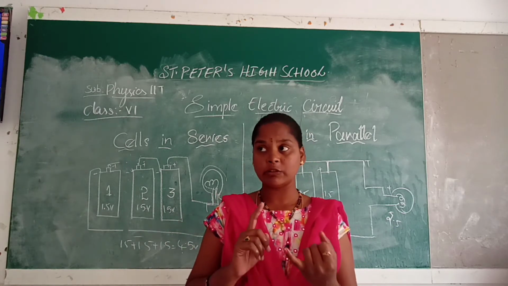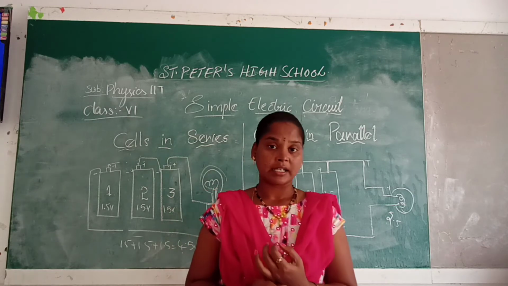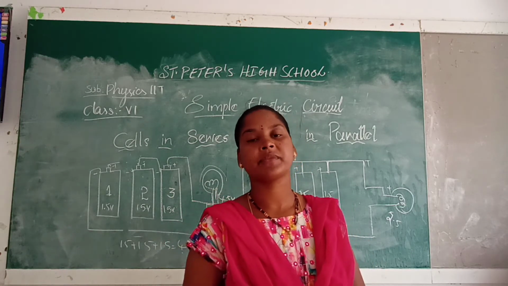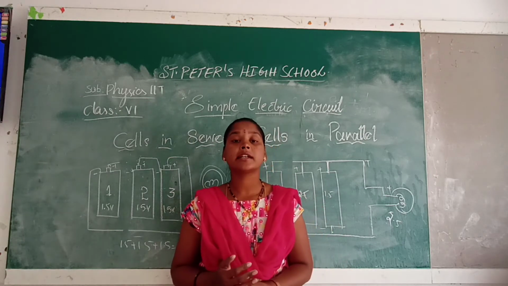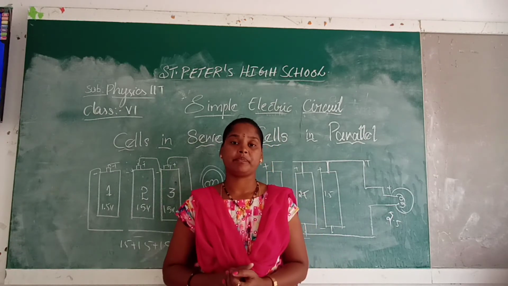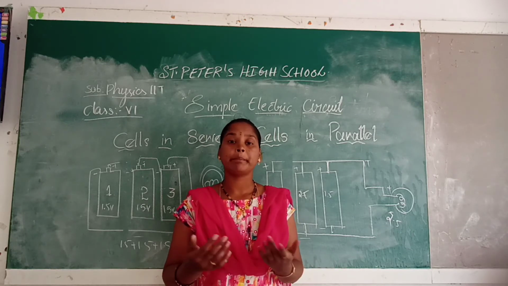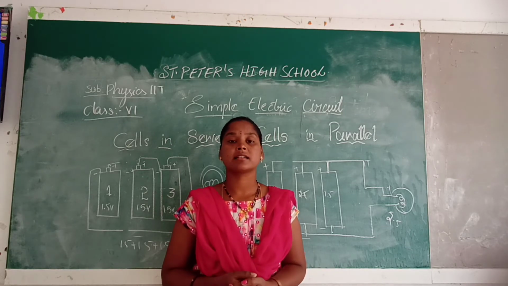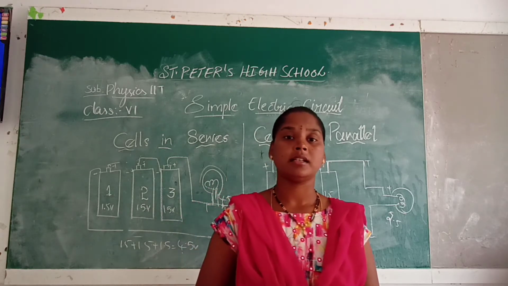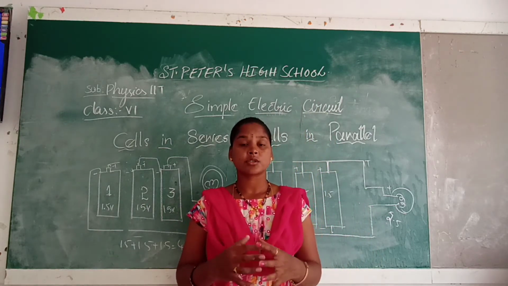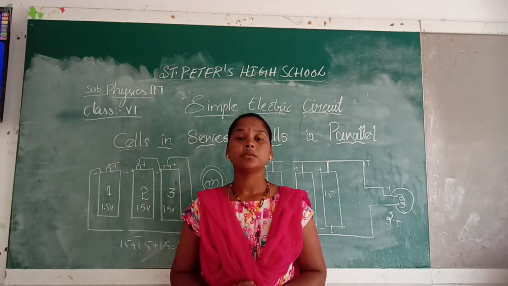Conductors are nothing but, what is a conductor? Iron particles, all the metals are mostly conductors. And plastic is an insulator, it will not allow electricity to pass through it. Paper and plastic also come under insulators. Conductors mean which pass electricity through them. Insulators mean which do not pass electricity through them.